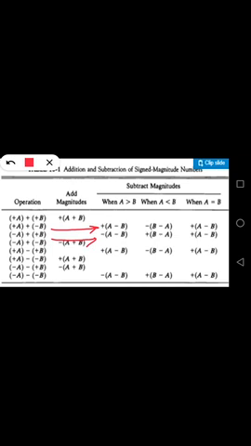Similarly, here if you have A less than B, in this case you perform B minus A, and that is subtraction. The goal is, when you compare the magnitudes, the sign of the higher magnitude value will come to the result. This is the goal. So this is about the addition and subtraction algorithm.